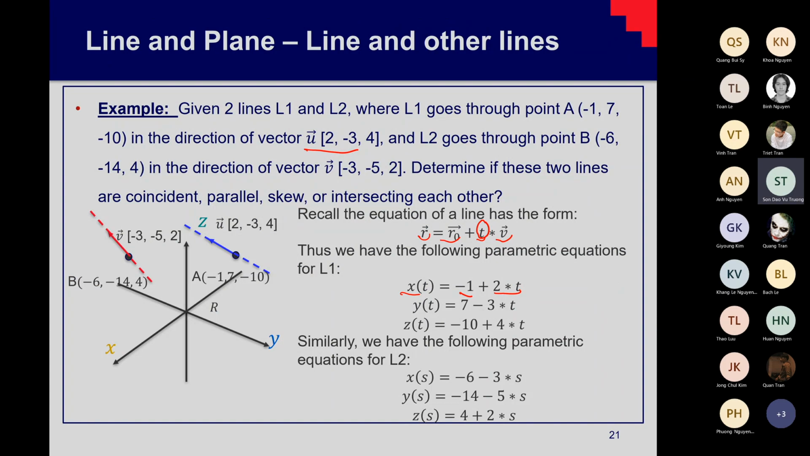So we can have the equation for line 2, and that is x(s) equals -6 minus 3s, y(s) equals -14 minus 5s, lastly z(s) equals 4 plus 2s. Okay, so we have two sets of equations for the two lines L1 and L2. So after we have found the parametric equations,